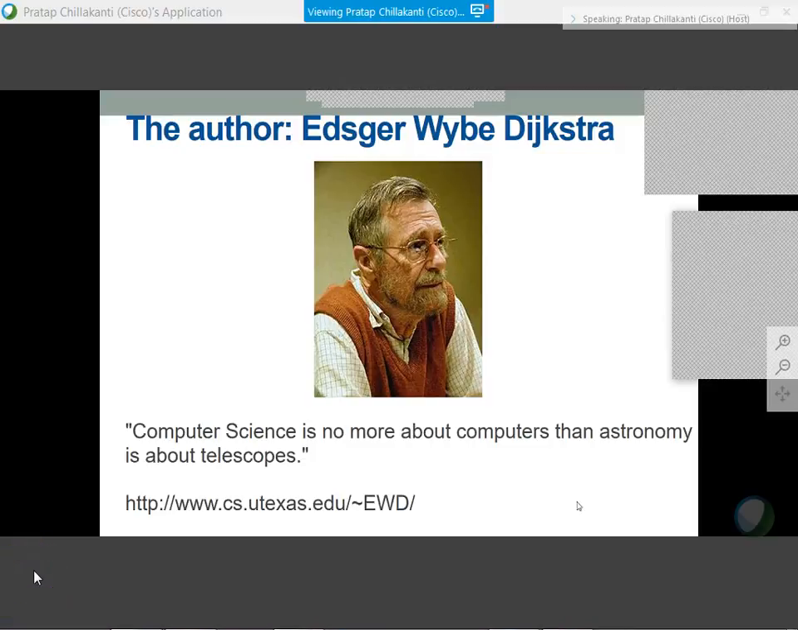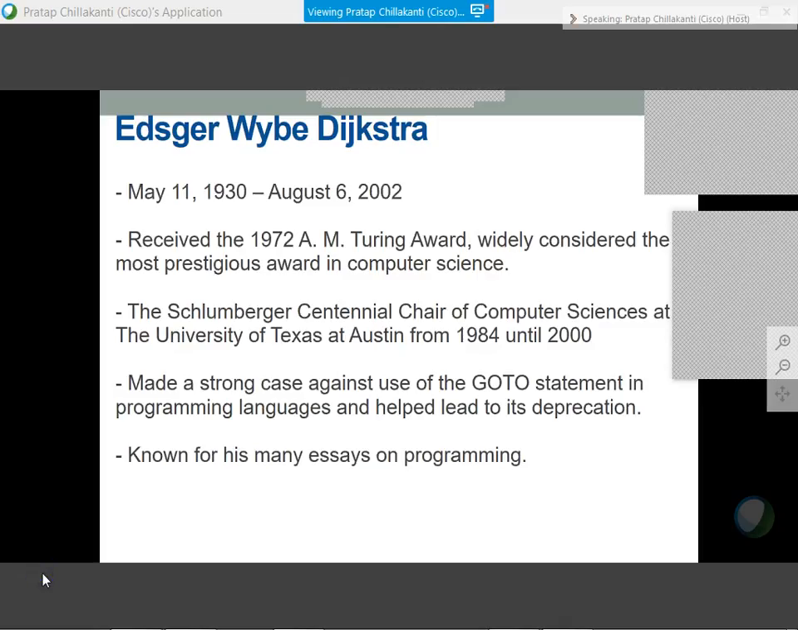Computer science is no more about computers than astronomy is about telescopes. Oh, no audio. The 1972 ACM Turing Award, and that is the equivalent of the Nobel Prize. The Nobel Prize for computer science is